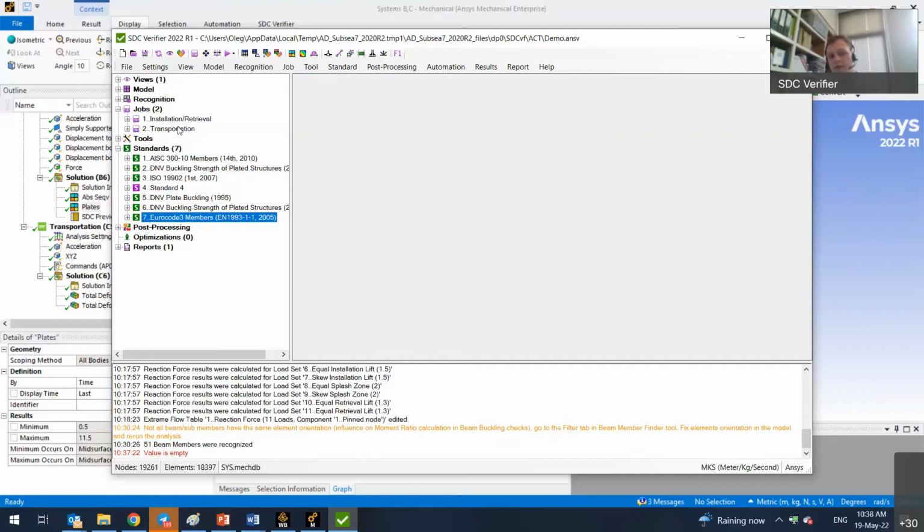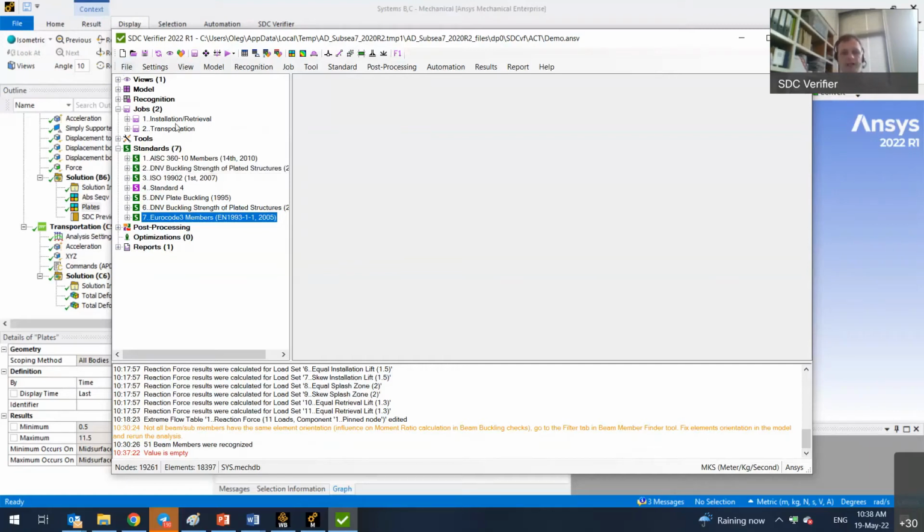So you can just copy this transportation and do it with another setup. So the logic of jobs in SDC Verifier allows you to create multiple simulation scenarios and then to easily and quickly adjust it with loading combinations, factors, and